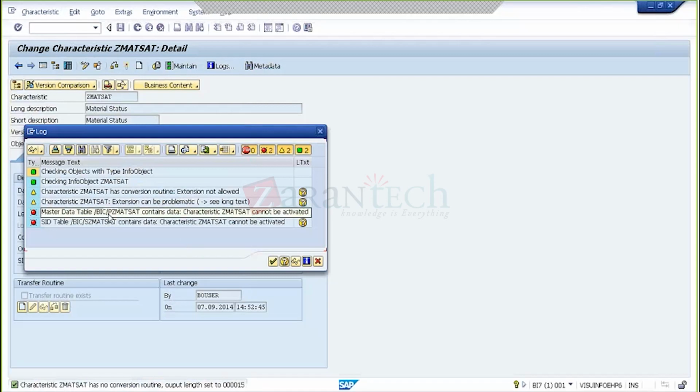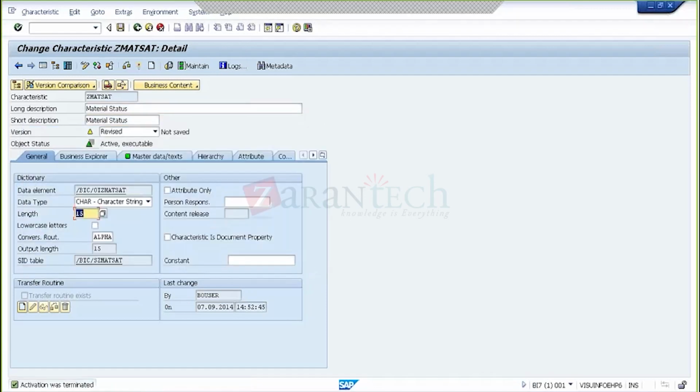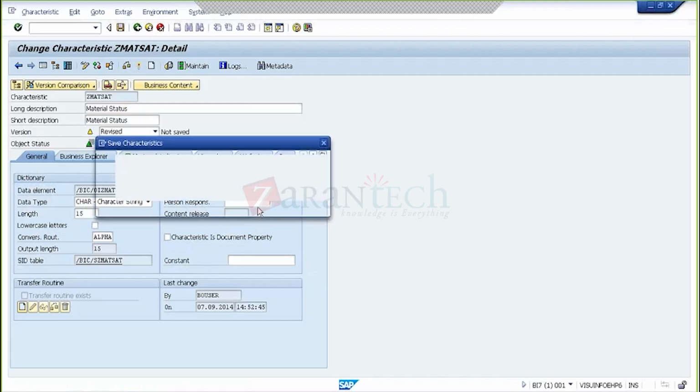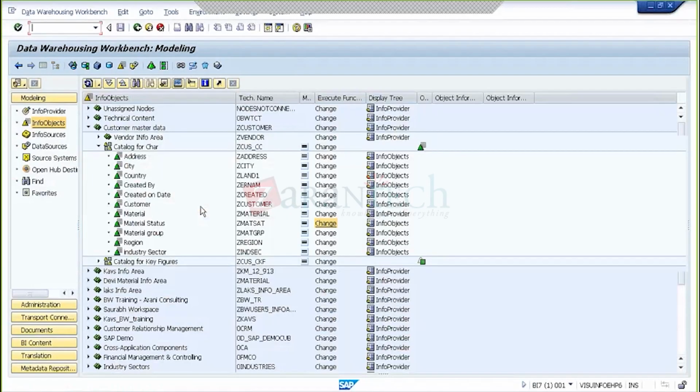So it says that this table already has some data. So it's not a delta, it's a full load. Yeah. Okay. So basically it has some data already loaded to this table. So first delete the data in those tables and then change the length. So now